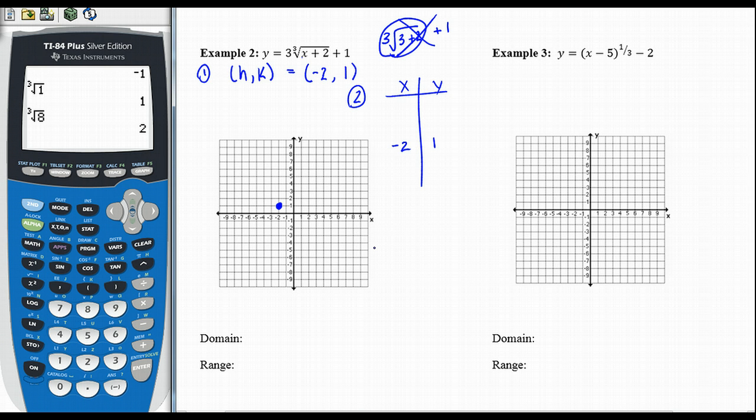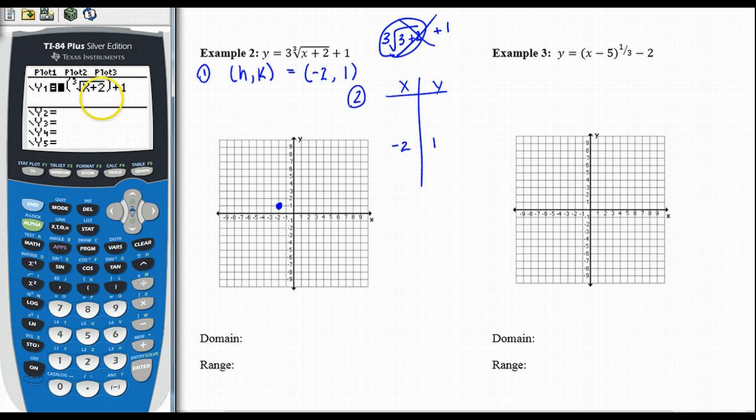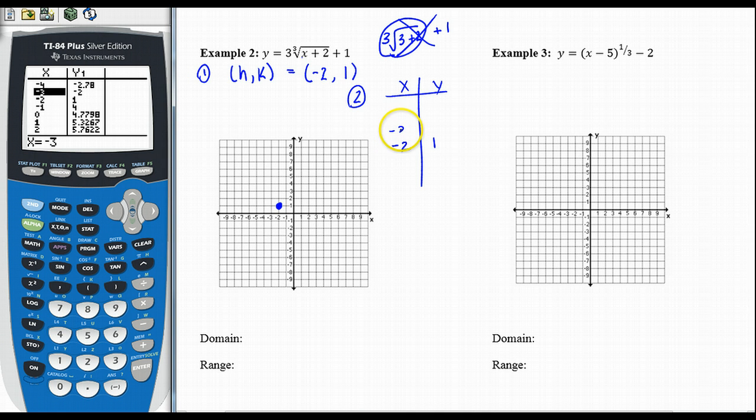So this is where it gets helpful to use the calculator. If you go to y equals and type in our equation, 3 times the cube root of x plus 2 plus 1, we can go second table and find some values. So I've got negative 2, 1. It looks like negative 3 is going to give me negative 2, and also that negative 1